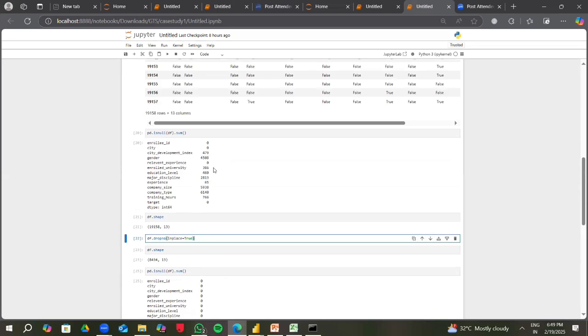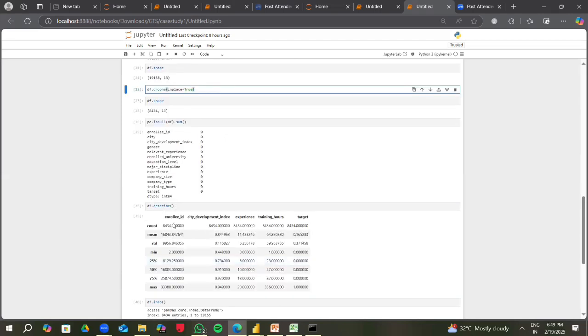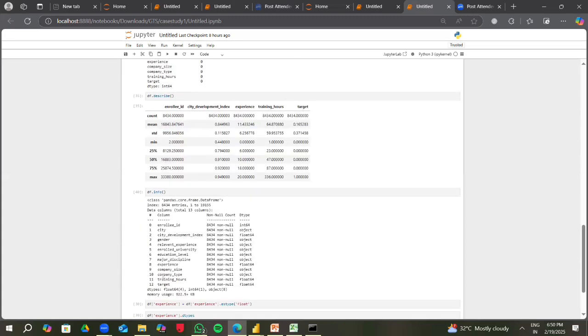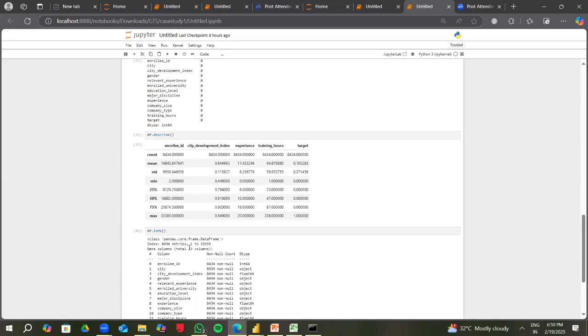Again, moving further, I've also executed the isnull function to check the total null values. We can see before we had a large number of null values and now we don't. And here we have the describe function, which basically describes each column, that is count, maximum, standard deviation, minimum, etc. Further, I also ran the same info function to check the total number of non-null values I have and the data types present in our data set. Now the